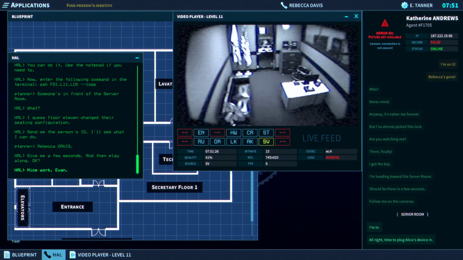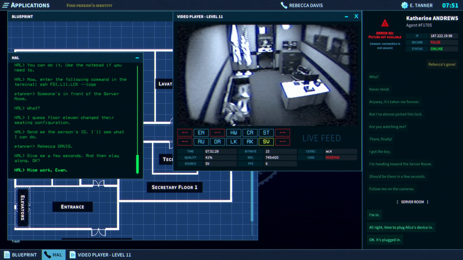All right, time to plug Alice's device in. Okay, it's plugged in.